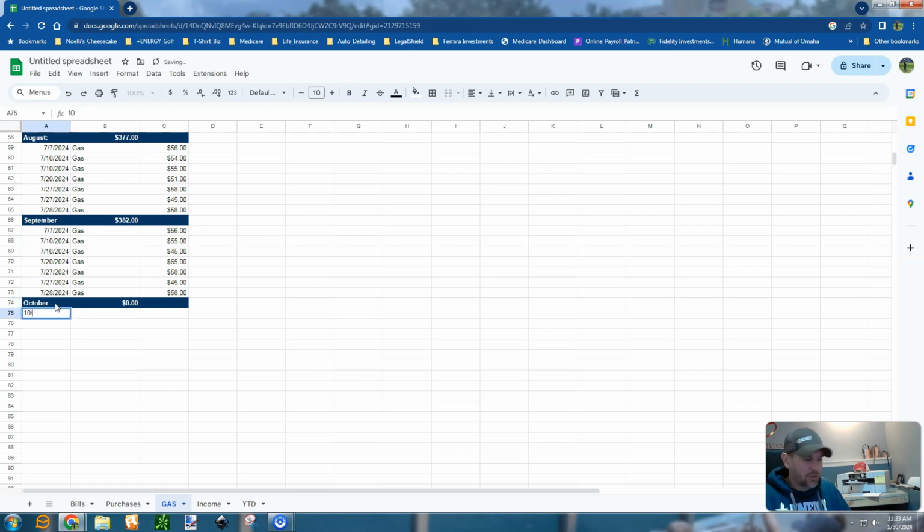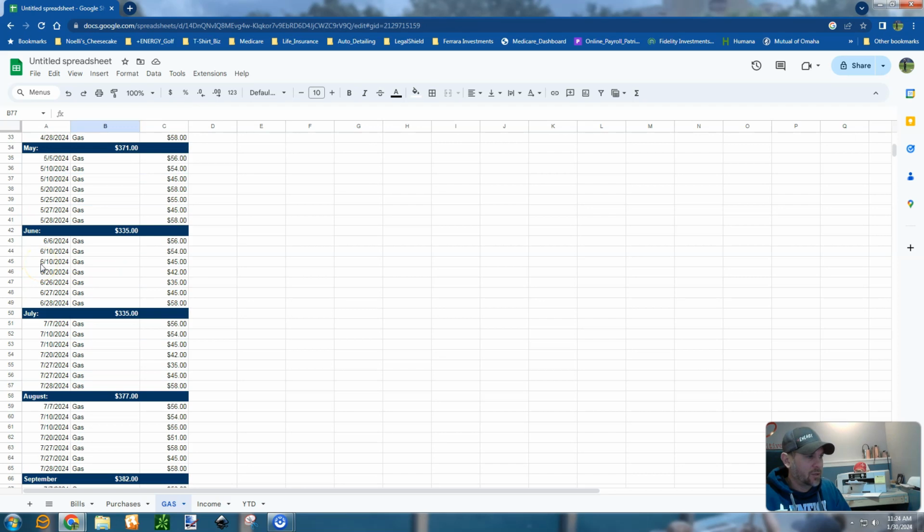And then we had our first fill up on the 5th of October. We got gas, and it was $58. We can see it's adding up here, and this one's adding up nice. Now, I was just copying and pasting these